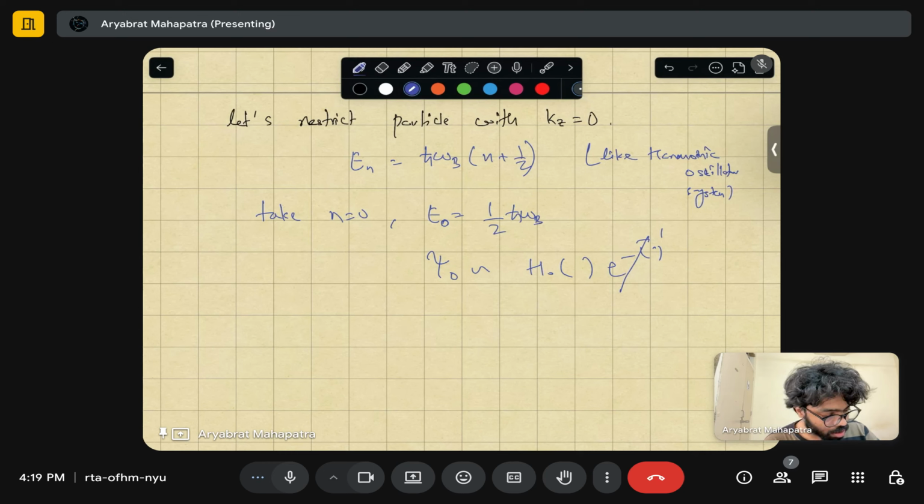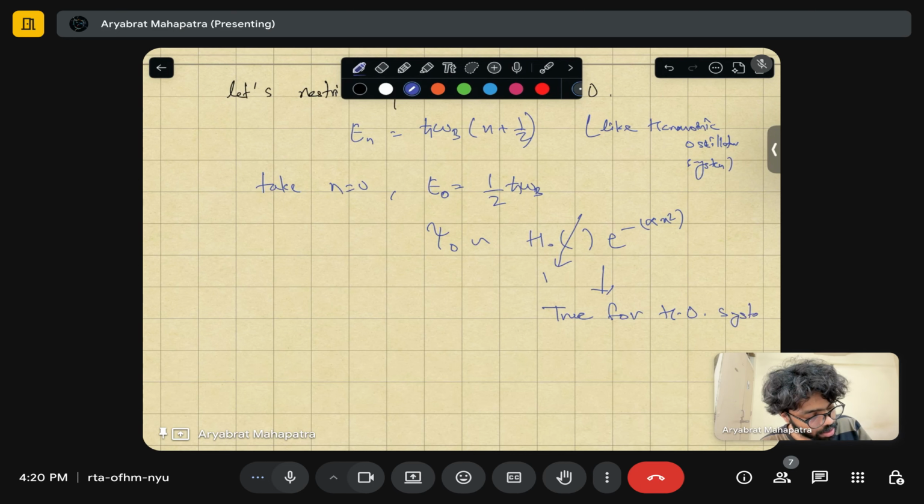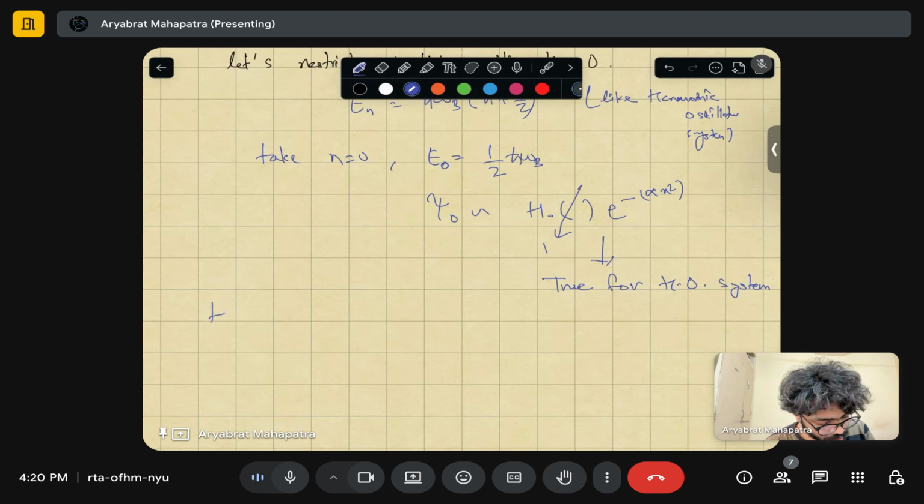So basically, this will remain something like alpha x square, but this thing becomes 1. So that is what the ground state of the harmonic oscillator is. But this is true for the harmonic oscillator system, HO. Here, if you see, for E0,